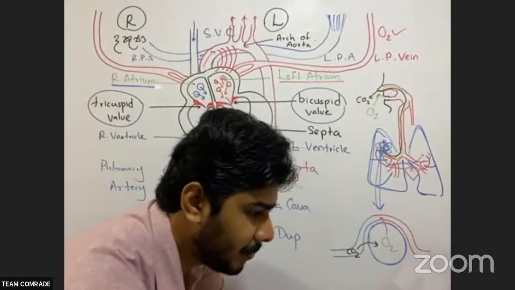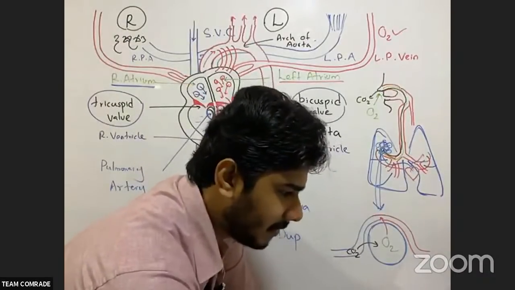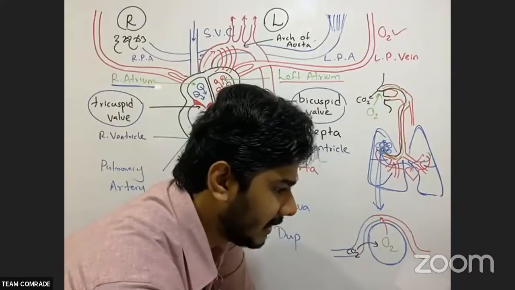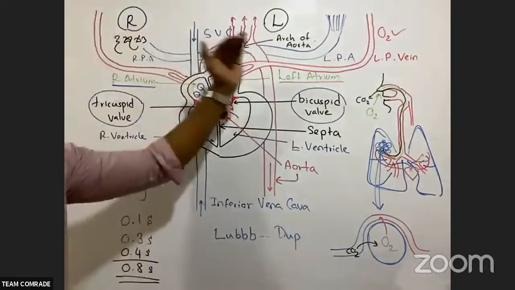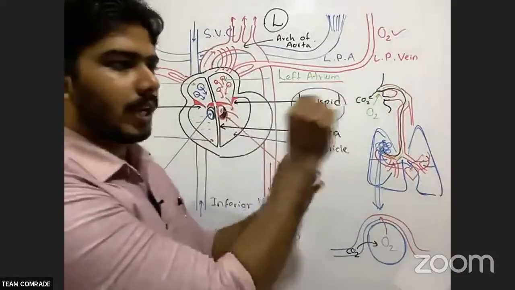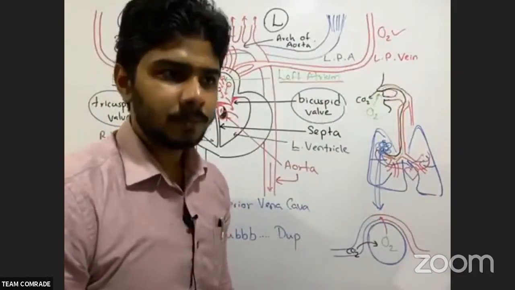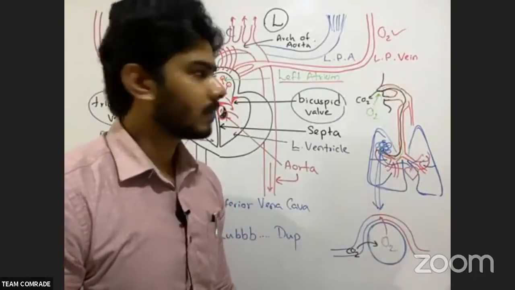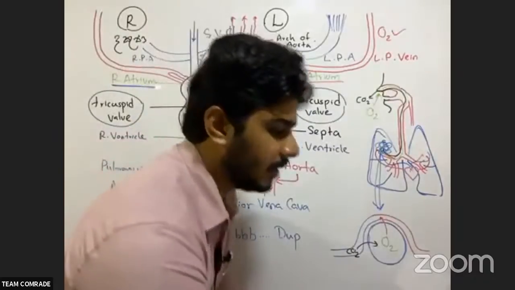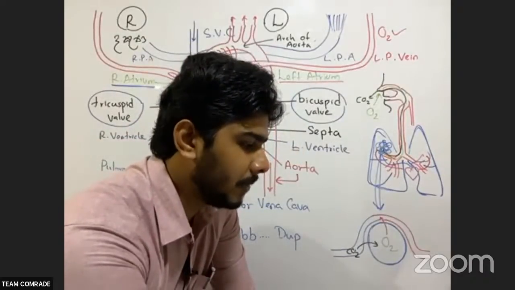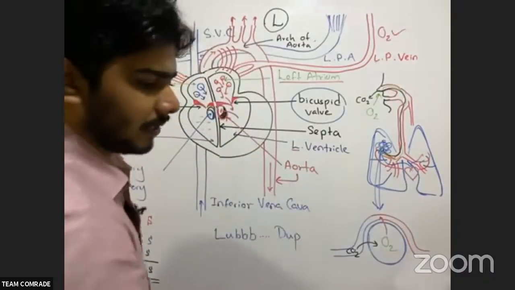Then we saw the structure of the human heart. Now you know how to draw it even. I will tell you step by step how to draw that. Then you see the heart having 4 chambers. The upper chambers are called atria, or we call it atrium. You can write atria, underline it, and then write atrium with that. We also call it auricle. So upper chambers we call atria and lower chambers we call ventricles.